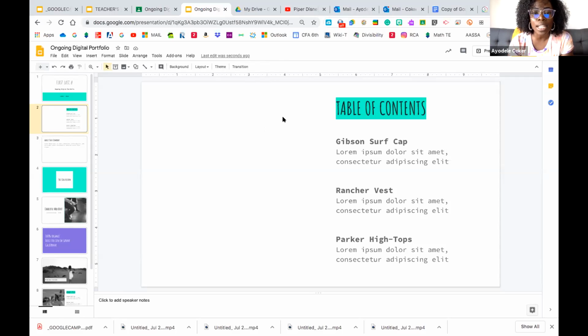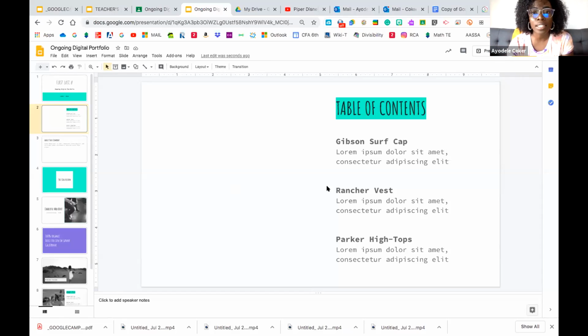And you know what, Mrs. R, it's kind of difficult. I have not found a way to lock any parts of the digital portfolio, because that is a feature that I would love to know how to do, but I don't believe, and someone please correct me if I'm wrong, I don't believe Google has that option yet.